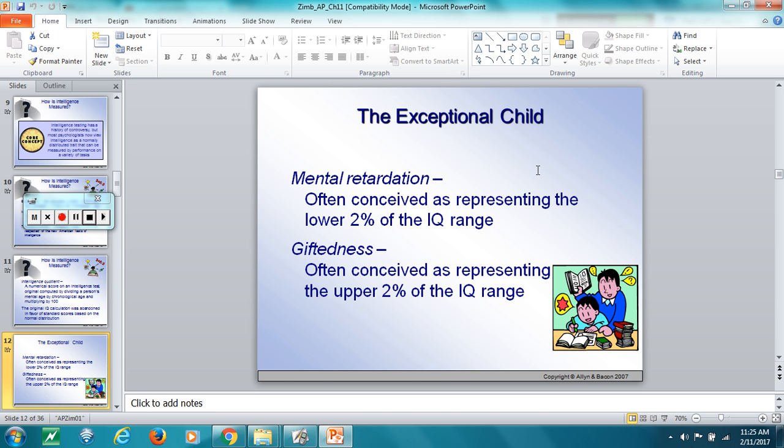They cannot eliminate that in such a way that they could care for themselves. So it does have a very wide range. Some people who are mildly mentally retarded can live very independently, where others may need constant care for the rest of their lives, and in some cases may need to live in a hospital setting to receive that. When we talk about giftedness, these are those people who are typically above 130 on the IQ scale.